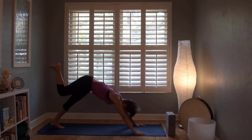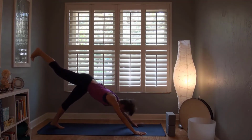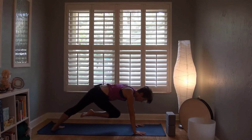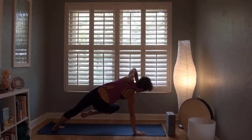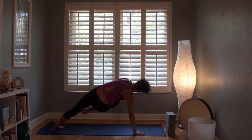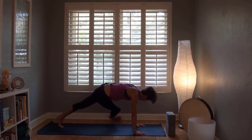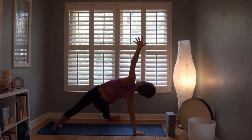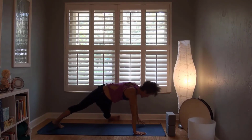Now we're gonna come three-legged dog, three-legged plank, spin on the outer edge of the left foot as you draw the right knee in, side plank, left arm up. Maybe tap left elbow, right knee, and then slowly come back, fall in triangle, stretch the right leg out, left arm up. You can open up as much as it feels comfortable in your space, and then slowly release back